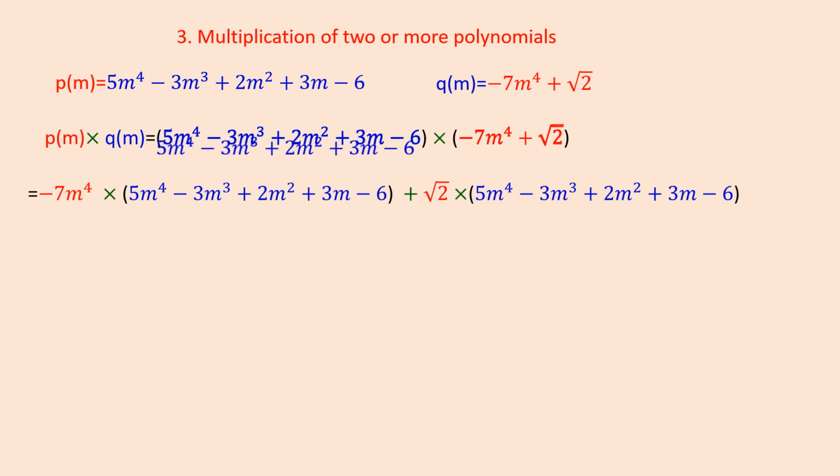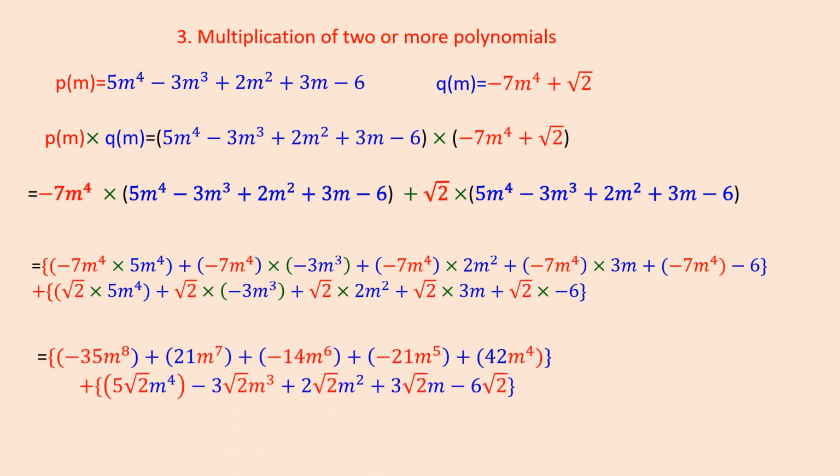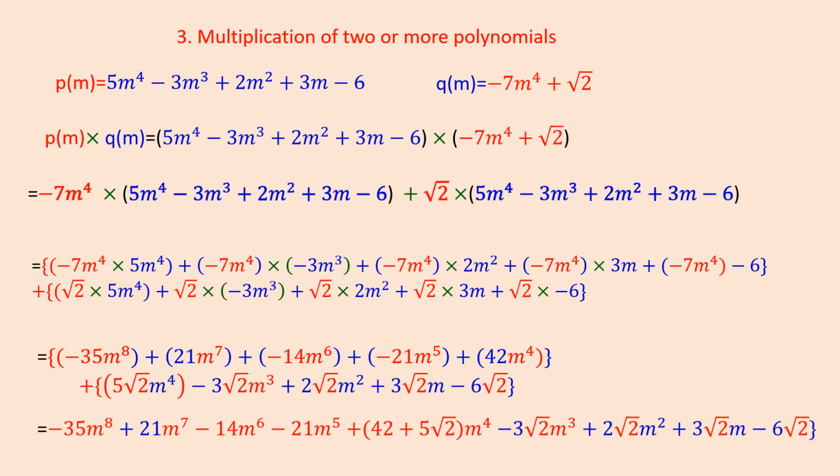Now, when I opened the bracket, since it was big, I have reduced the size, but I had multiplied all the terms. Now I simplified them and then I got the final answer. Here you should not forget to write the degree of the polynomial, which I have not written here, in your notebook, and the coefficients of the polynomial. Once again, do not forget to write in the indices form if any term is missing, and then it will become easy for you to write in coefficient form.